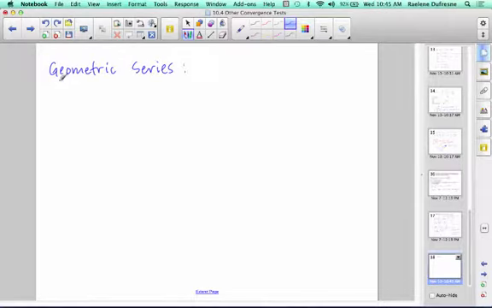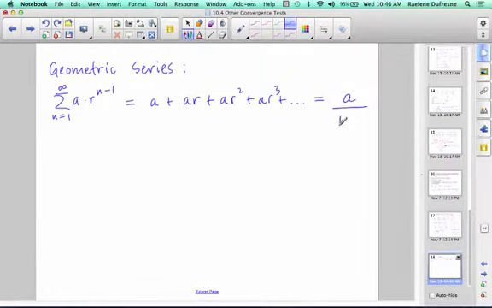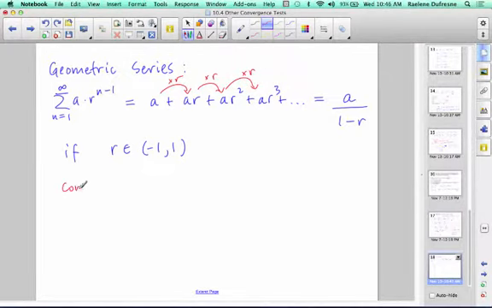A geometric series is a series of the form a times r to the n minus 1 for n equals 1 to infinity, and it is a plus ar plus ar squared plus ar cubed plus dot dot dot, and it's equal to the sum of a over 1 minus r if r is contained from -1 to 1. And what we see is that not only do we have a ratio of r, but we have a common ratio of r, where we multiply each previous term times r to get the new term. So the common ratio of r